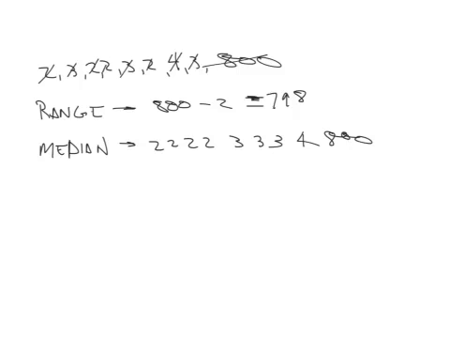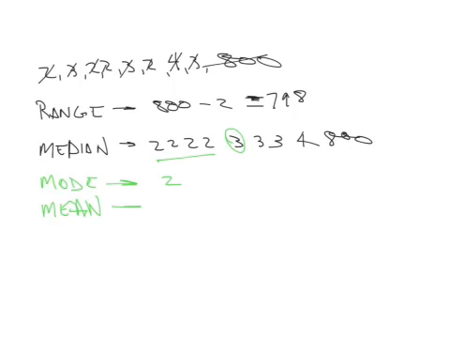There are 1, 2, 3, 4, 5, 6, 7, 8, 9 numbers. So my middle number is going to be that 3 right there. So my median is 3. Mode is going to be the one that occurs the most often. I only have 4 2s, 3 3s, a 4, so my mode is going to be 2, because that's the one that occurs the most often, and the mean